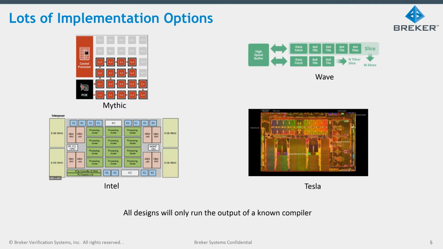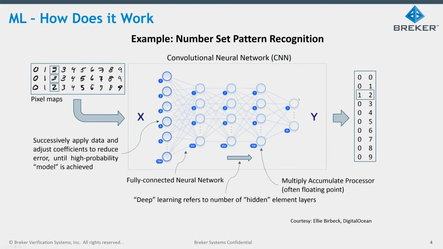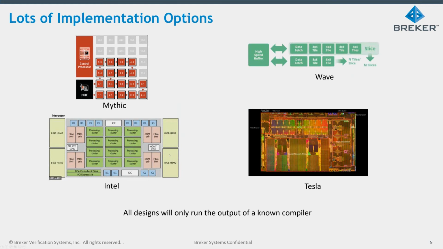Whichever design you look at, they're all kind of solving the same problem, right? Each node is ultimately doing some multiply and accumulate data. And one property of all of these designs is none of them have to run general purpose software. All this technology depends on smart compilers, where the compilers take as input the neural network specification, whether it's TensorFlow or the 2 or 3 languages that seem to be taking hold for this, and they will compile it down to something that the chip can handle.